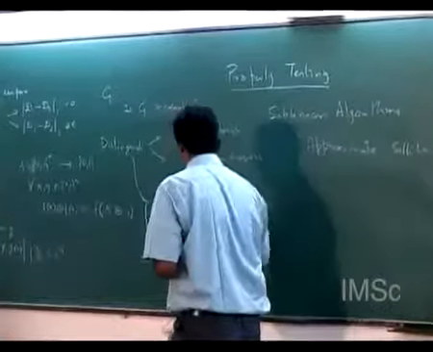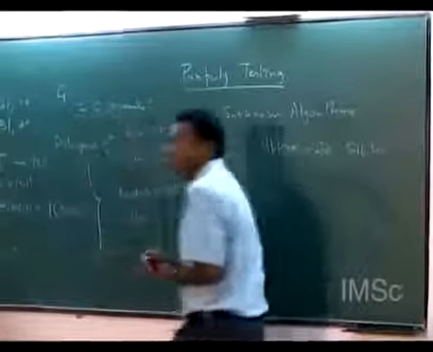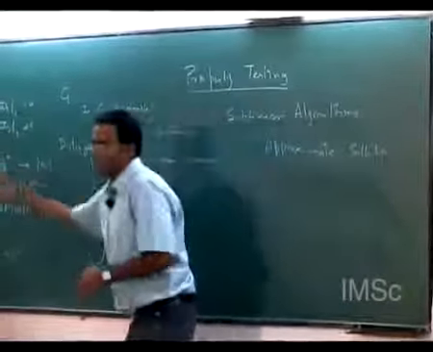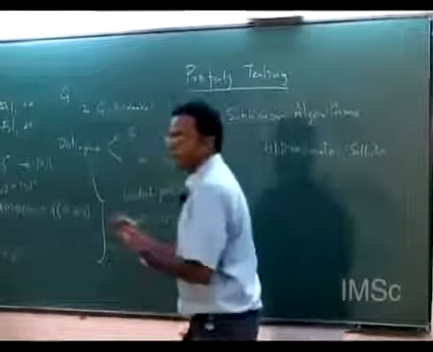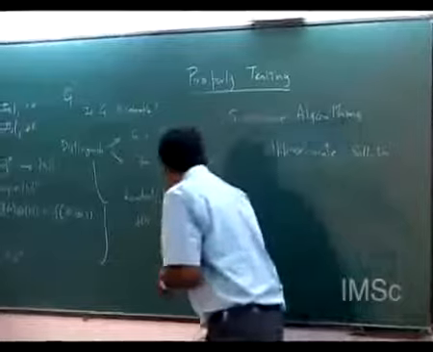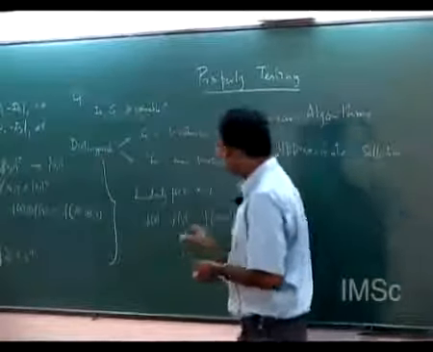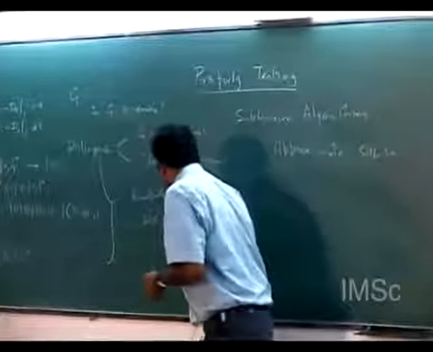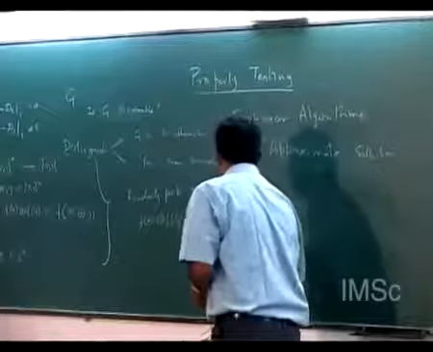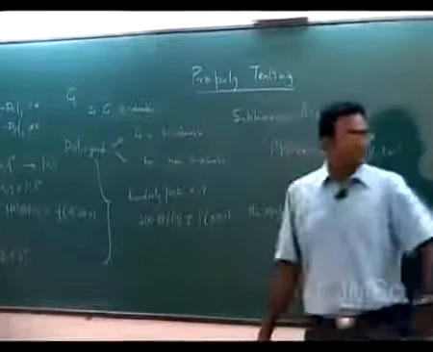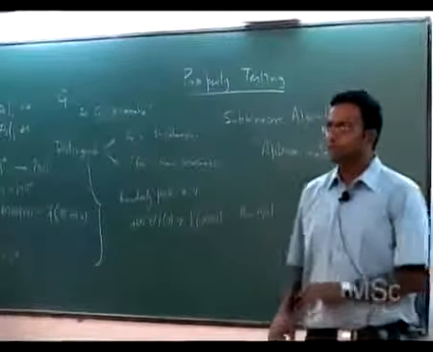x and y, and we ask the black box to give us f of x. We ask the black box to give us f of y. We ask the black box to give us f of x plus y. And if this plus this is not equal to this, then reject. And just like before, maybe you want to repeat it multiple times, which is fine.